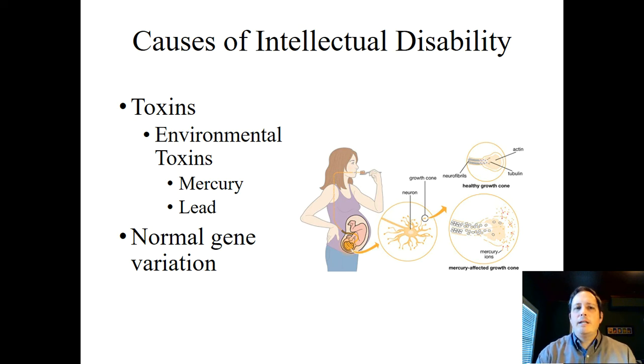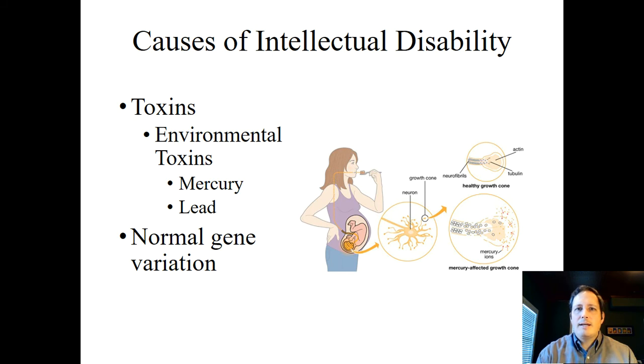Now, all this being said, we need to remember that there is some normal gene variation. Anytime you have two adults get together and have a child, they're going to produce a new child that shares a combination of their two genetic codes. And along the normal distribution that we talked about back in Module 1 with IQ, you're going to see a natural range back and forth in regards to intellectual functioning. And that's just going to be a result of your genetic influence. We know that the estimates are about 75% of the normal range of intelligence is attributable to genetics.